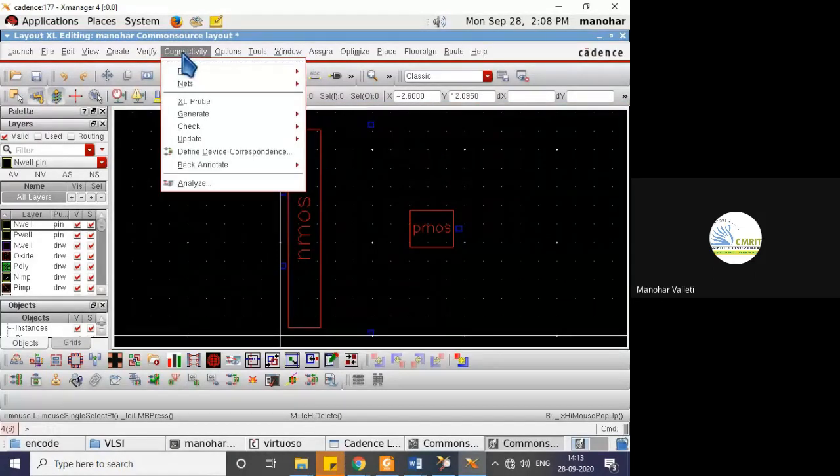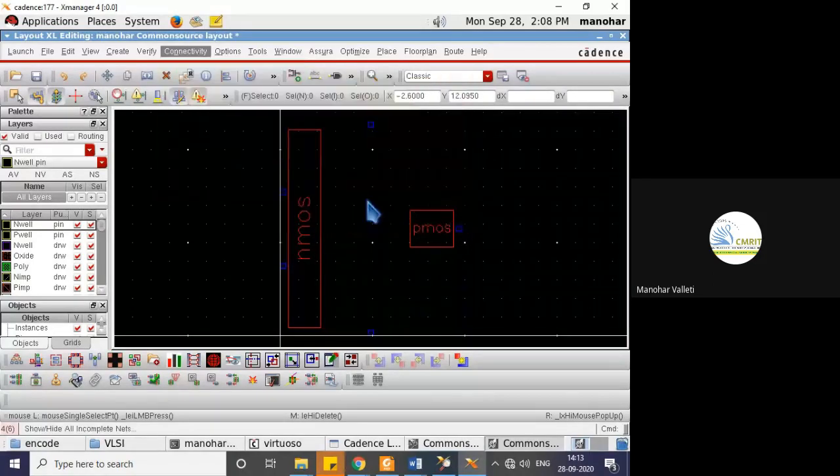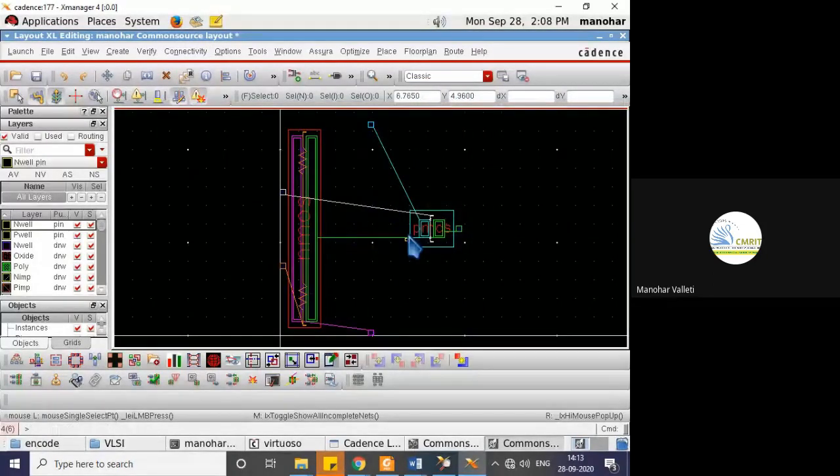Now next, connectivity: show or hide all incomplete nets. That will automatically show the connections between them, and Shift F will show you the internal different materials.